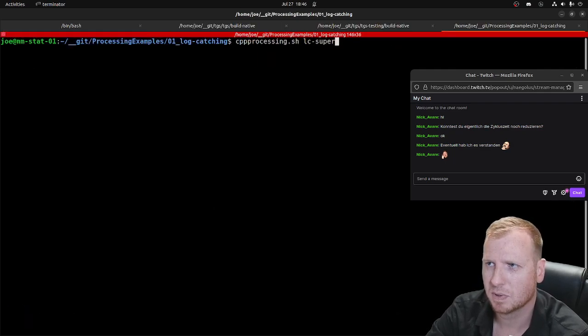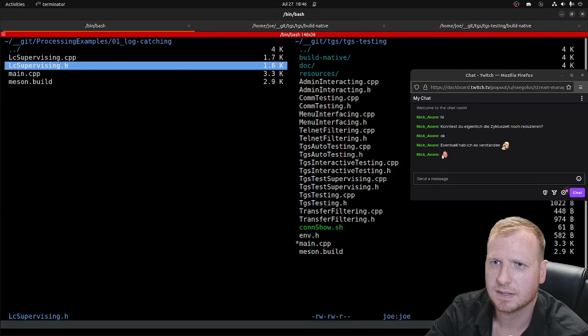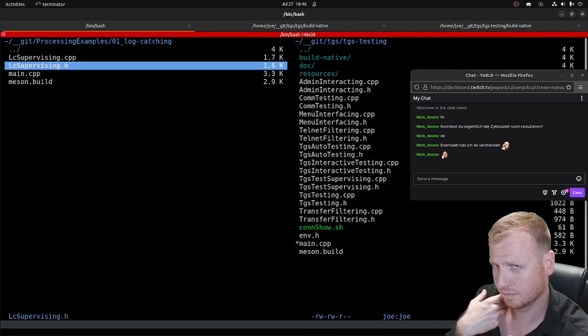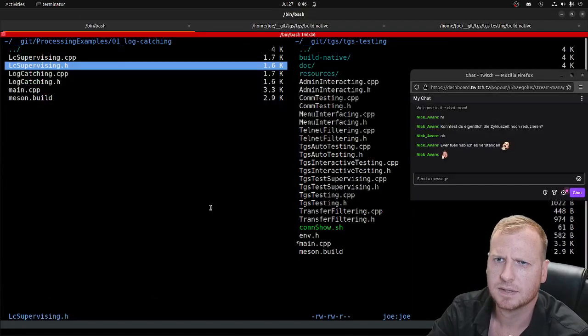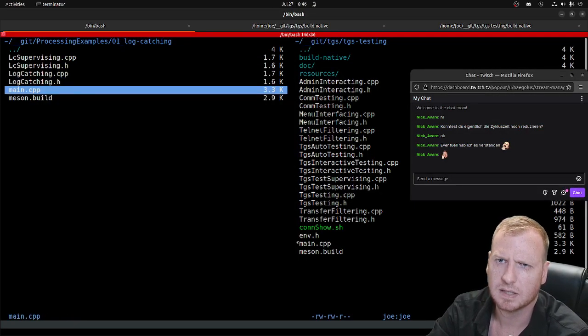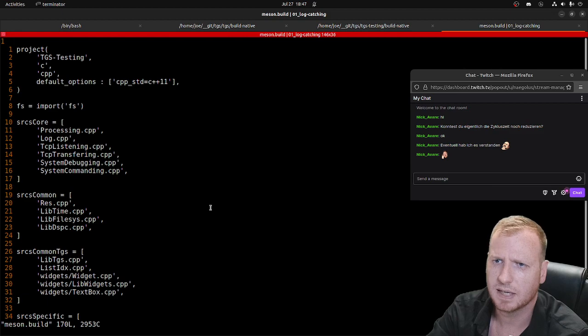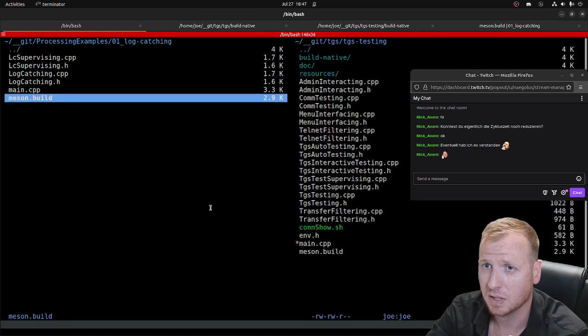Processing LC supervising. Okay. And then we have another CPP processing log catching. Okay. So we need a Meson file, which is